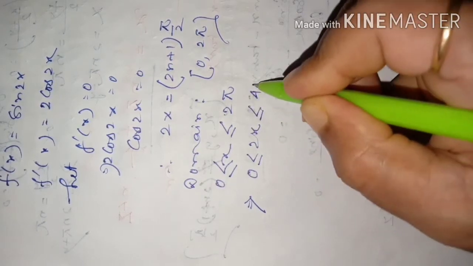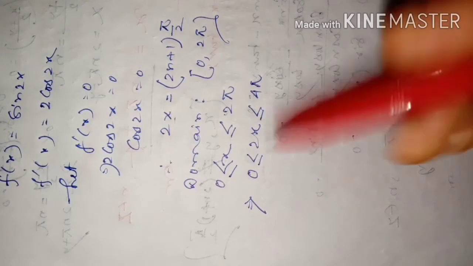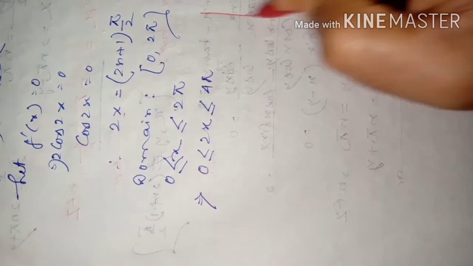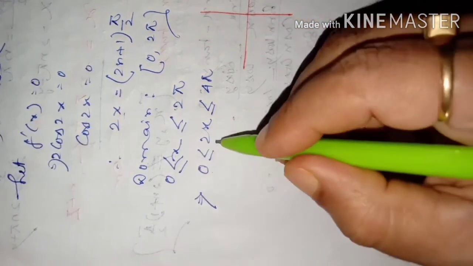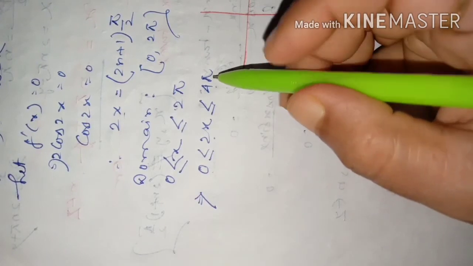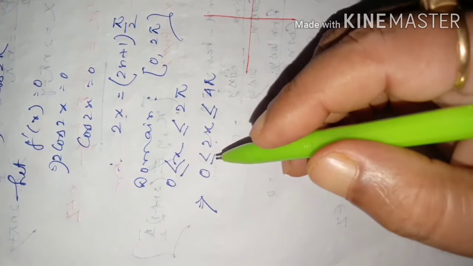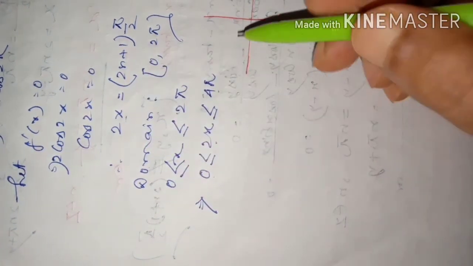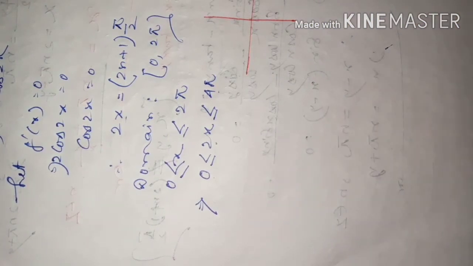We can say like that because we have to think about 2x. So 2x lies between 0 and 4 pi. Then which are the values between 0 and 4 pi? For knowing that, we can go this way. See, 2x lies between 0 and 4 pi. So from here, 2x will be between 0 and 4 pi. So which are the angles that x will be representing?